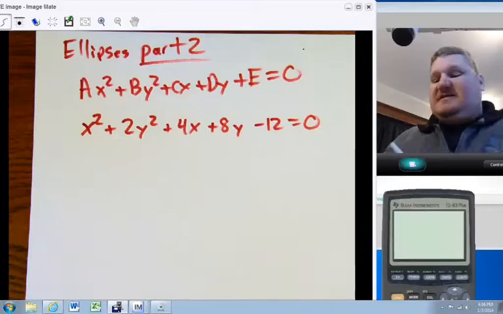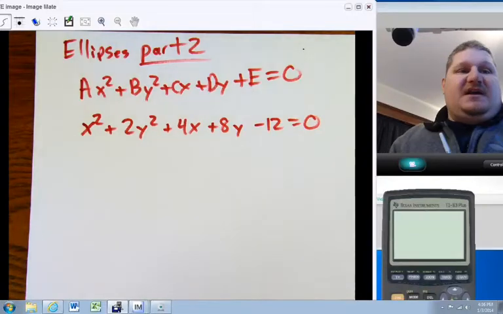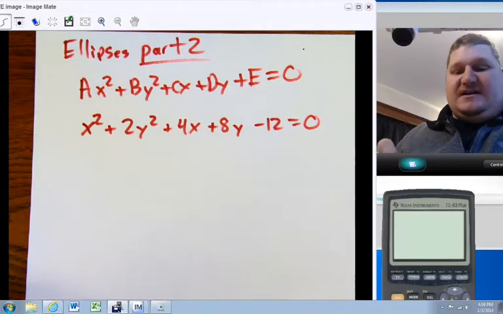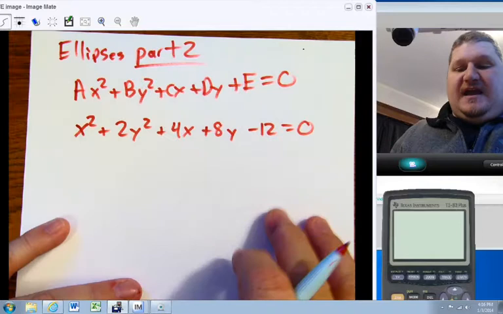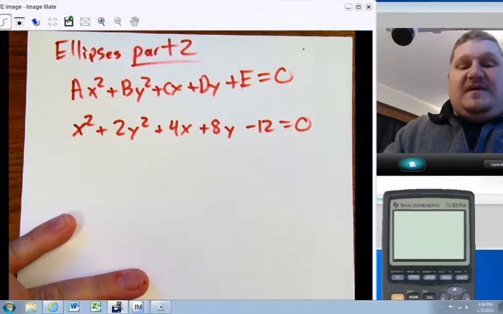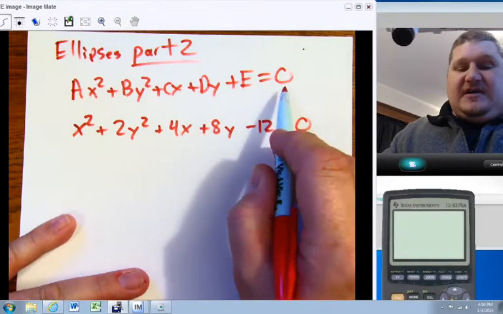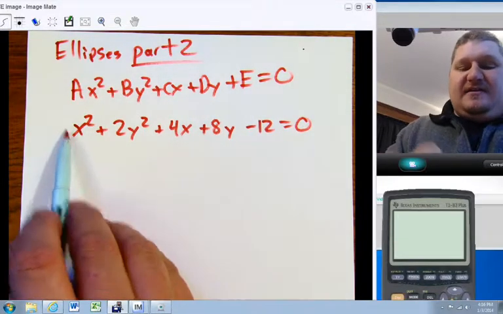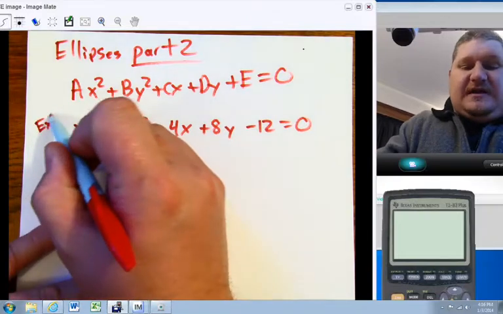All right, let's continue our discussion of ellipses and, of course, addressing the Common Core standards for conic shapes, graphing, and using algebra to define them in different forms. So, in this case, we have our general form of every conic. Same thing we've been starting with, but now we look down here at this example number 3, and say, okay,